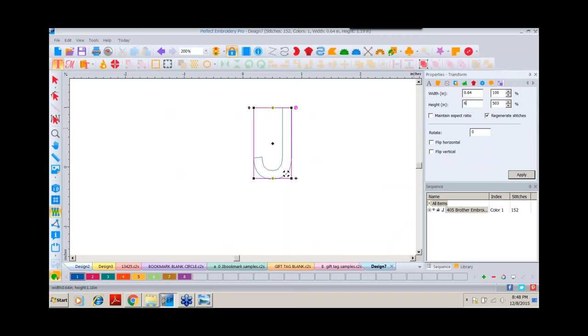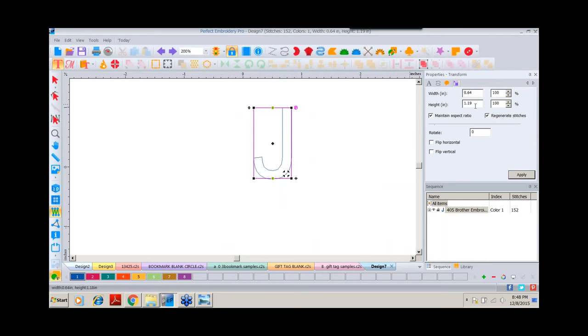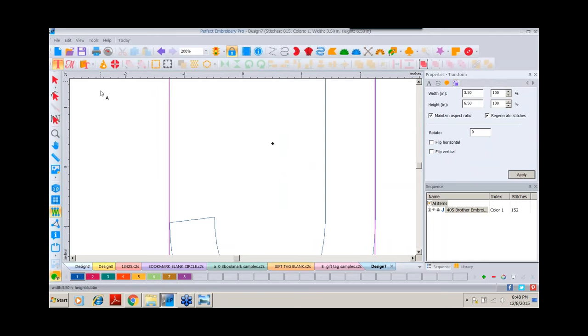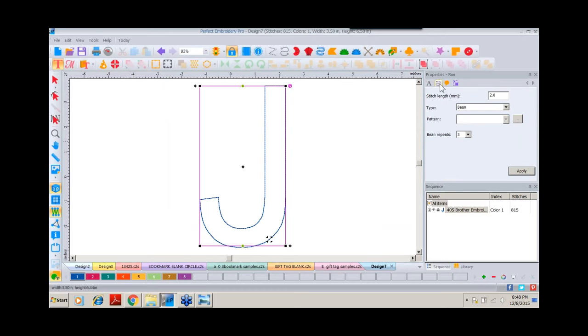I'm going to make the height of this a 6.5, and I'll apply, oops, let me undo that because I need that maintain aspect ratio checked. Now let me do my 6.5. I don't necessarily want a tall thin J. I'll come back out and see it, and by default this is a bean stitch. If we come into our run properties, I see it's a bean, but it's a very small stitch length, so I'm going to bump that up to a 3.5